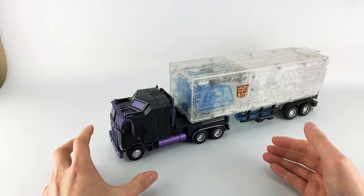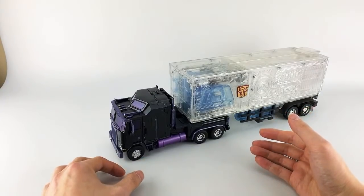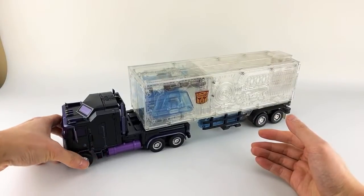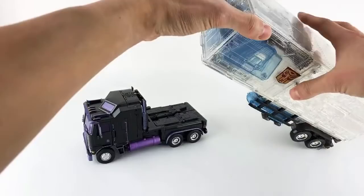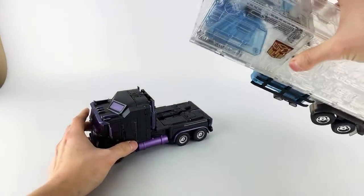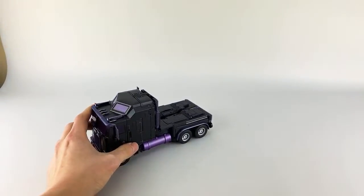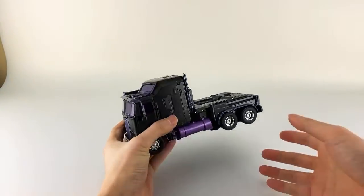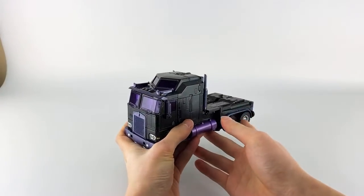So, Gravestone. This is not the trailer for Gravestone. This is just the MP10 Year of the Horse trailer, just so I can show that they actually have a design here that matches the MP10 trailer. I don't have my regular MP10 trailer available, but it's kind of cool that they have the availability. There are slots here that I'm guessing were intentional since they fit perfectly. So don't worry about that. I just wanted to show off that playability feature. But here he is,